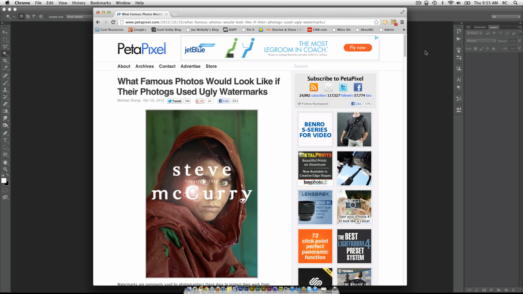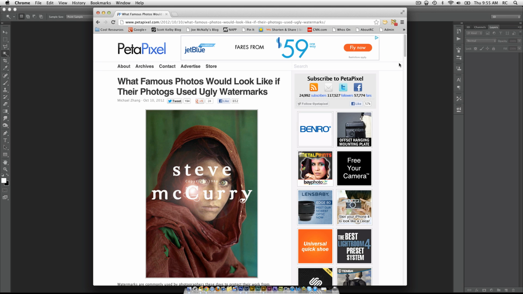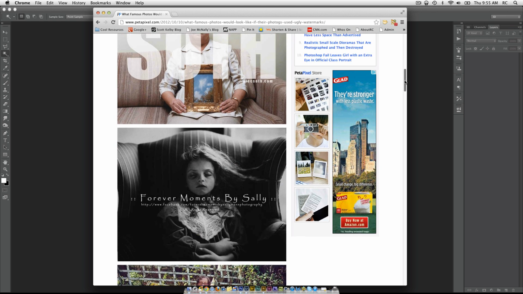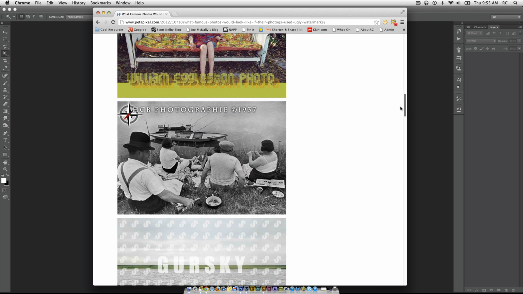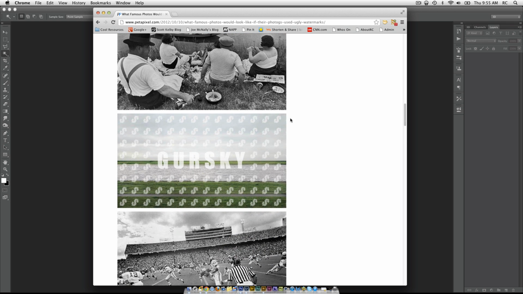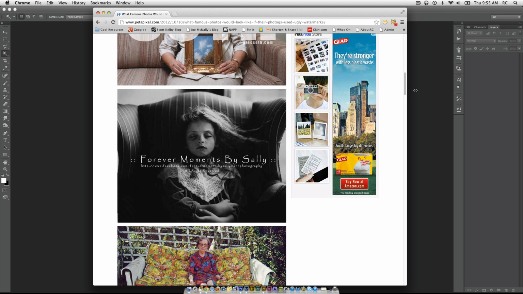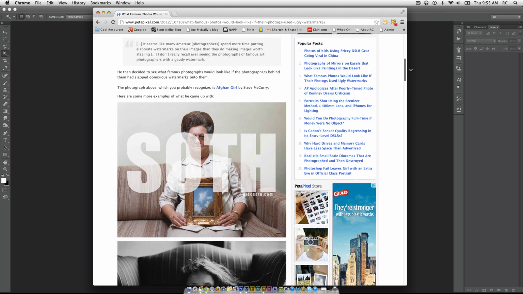Hey, so earlier this morning I saw this article on Pixel about what famous photos would look like if their photographers used ugly watermarks, right? And it really did show a kind of overly garish look of what these famous pictures would look like with these really, really bad watermarks. But it made me think to myself that a lot of the times people just want to create very distinctive